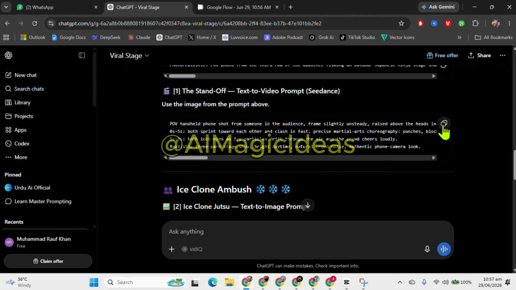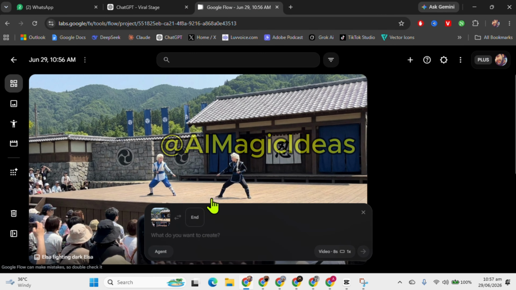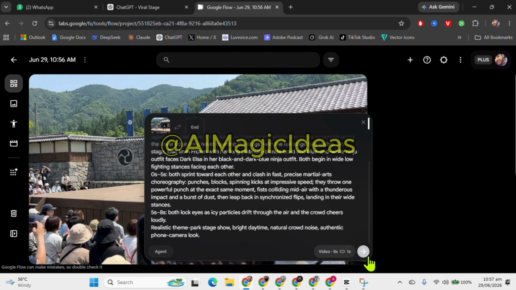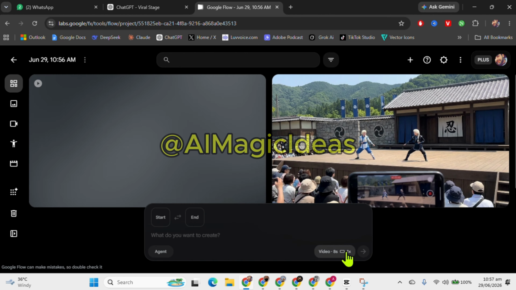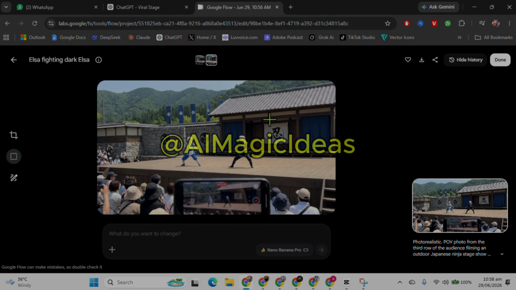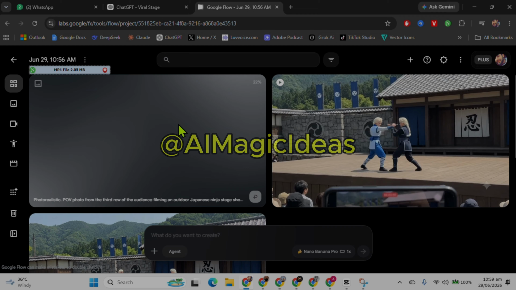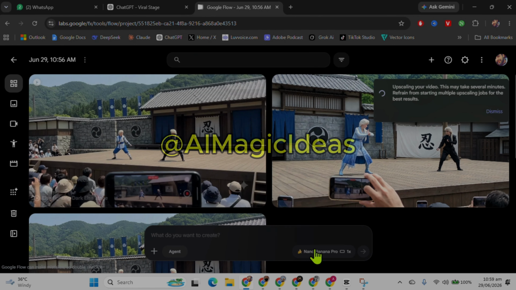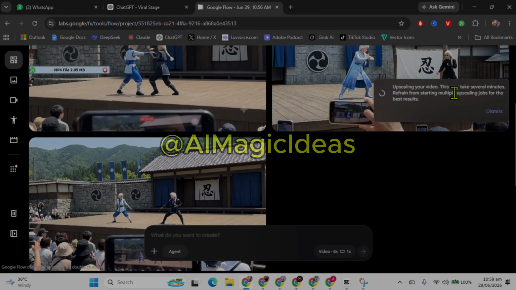Next, I copy the video prompt for scene 1 from ChatGPT, paste it into Google Flow, and click enter. In just a few seconds, my first video scene is complete. I simply repeat this process for all 5 scenes. Because every scene is designed to connect naturally with the previous one, the final video feels cinematic and flows smoothly